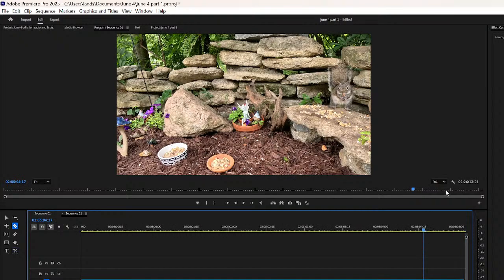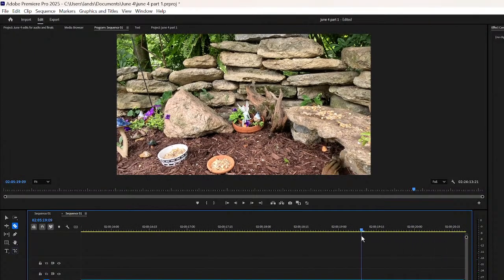Full resolution's right here. If you have a hard time with your computer running Adobe and editing, you can just drop your resolution down when you're scanning your video. When you stop, it goes back to full resolution, so you can see what you're looking at. See,